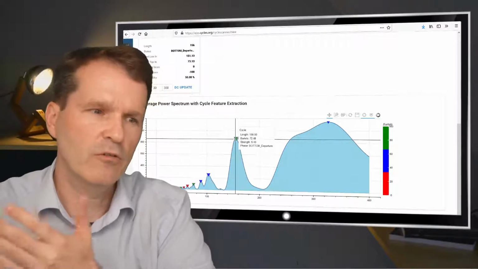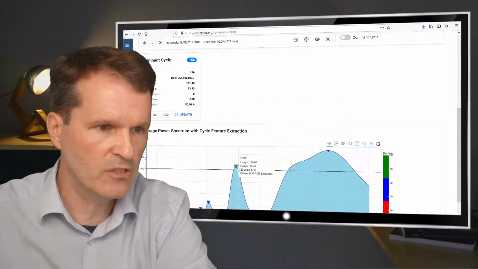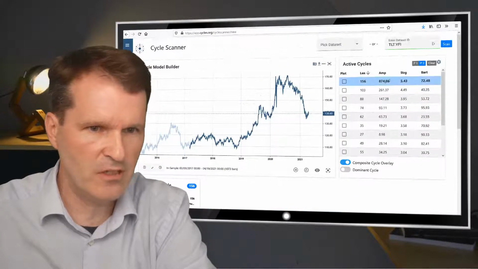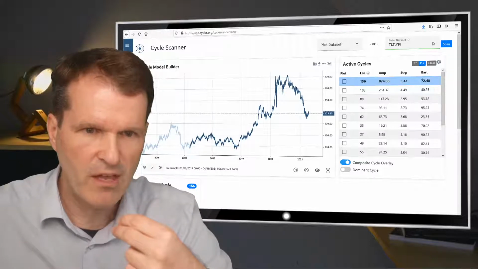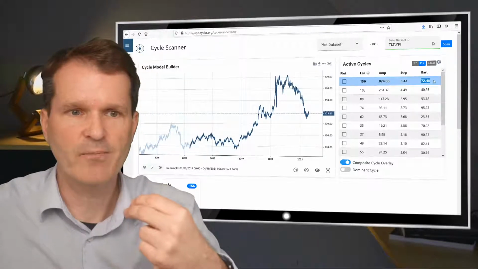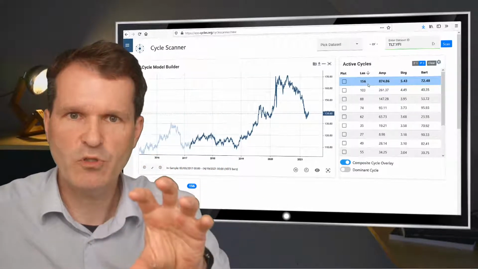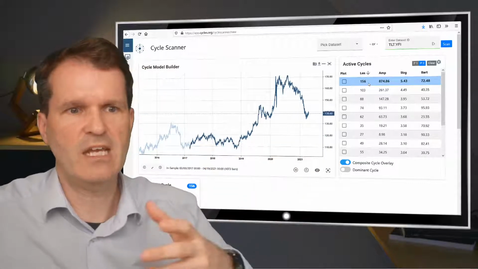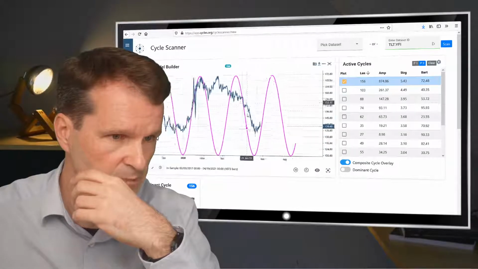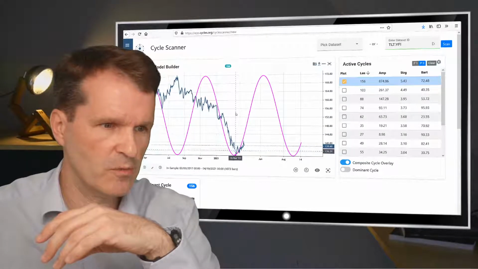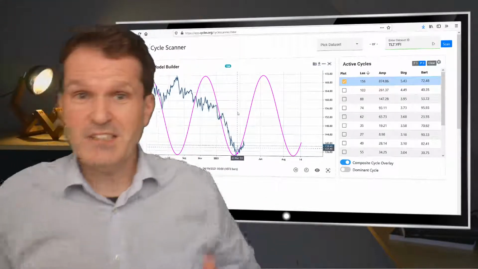And it has a green Bartle score, or a green visual high Bartle score, and a high strength score here. So the triangle is more or less the largest triangle. So at this point in time, this is the strongest cycle in terms of strength, and the Bartle score is even high. And the length value is interesting here, and this is not just a one-time perspective. If you did this in the past and used the 10-year period, you know that this cycle is again there, and then you can activate it, and you see here even the shorter-term cycle is now projecting this treasury bond bottoming phase. So that's it for the treasury bonds.